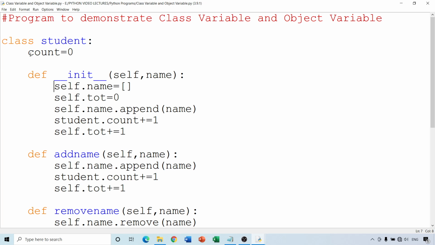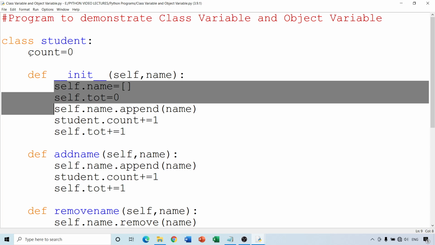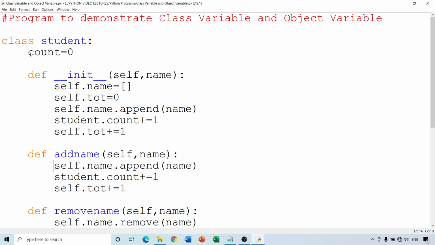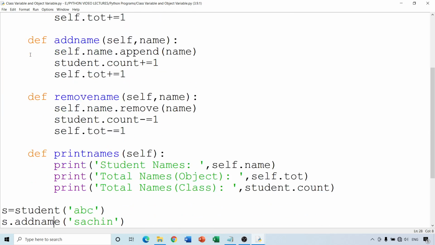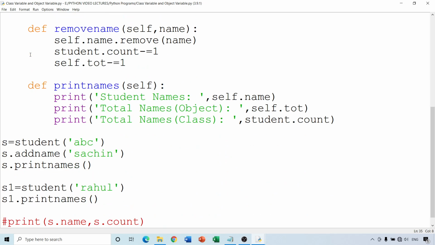Whereas the two variables defined over here are object variables because they are defined within the Python function, and they reflect the behavior of the object. That is why, first we initialize one object s, then another object s1, and when we print the names of s and s1, things become much clearer.